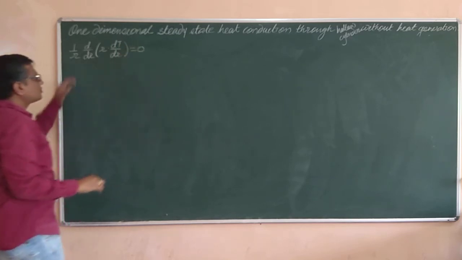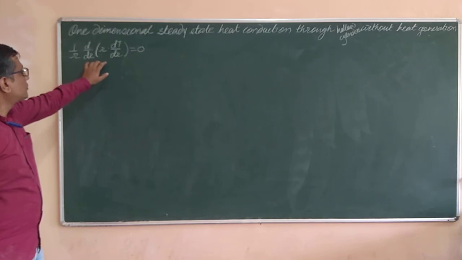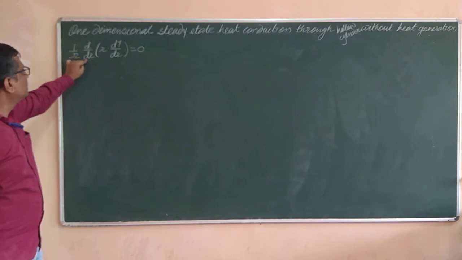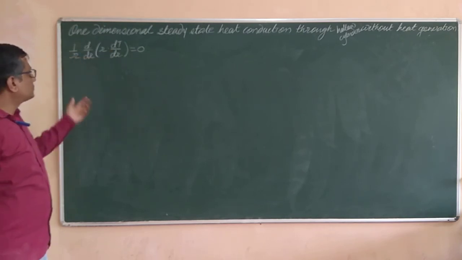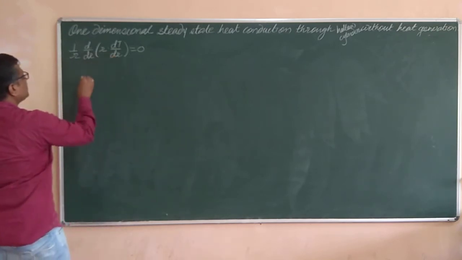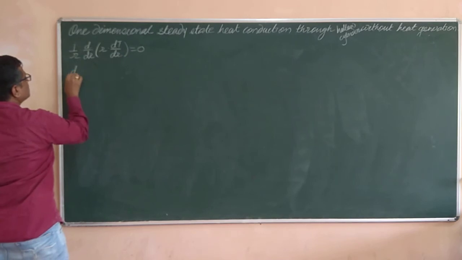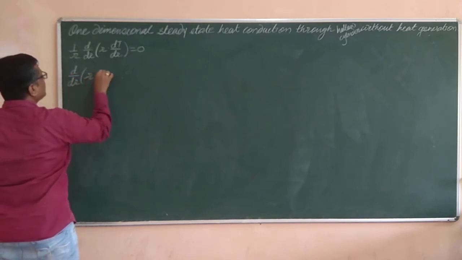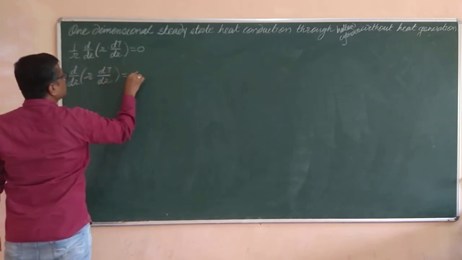Now you know the background of this equation. How did this equation come about? You know about that, so I am not going to explain this part. So if it is so, 1 by r d by dr of r into dT by dr. Well, from this I can say that this reduces to another form. r can be taken over to that side, so it reduces to d by dr of the bracket, r into dT by dr, that is equal to 0.